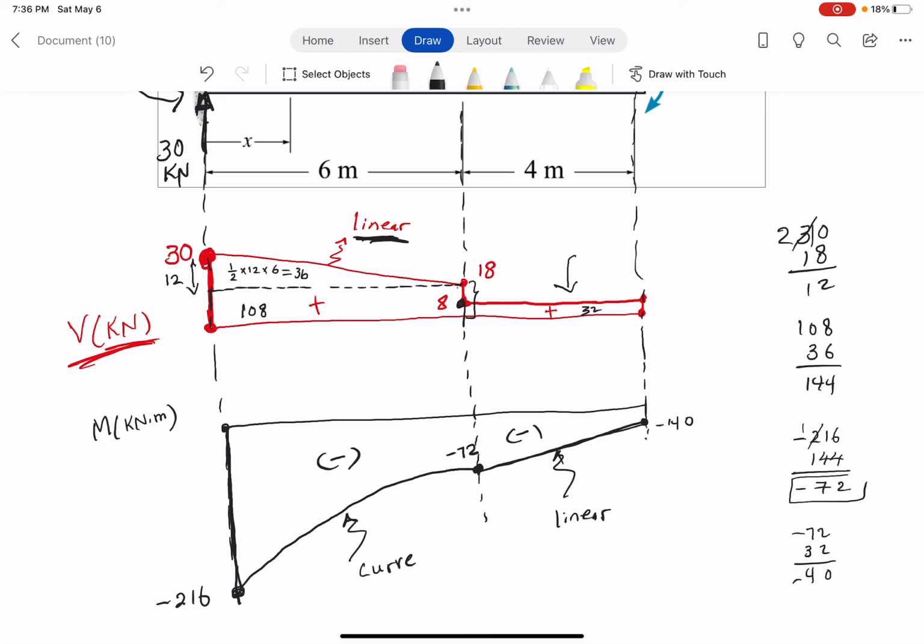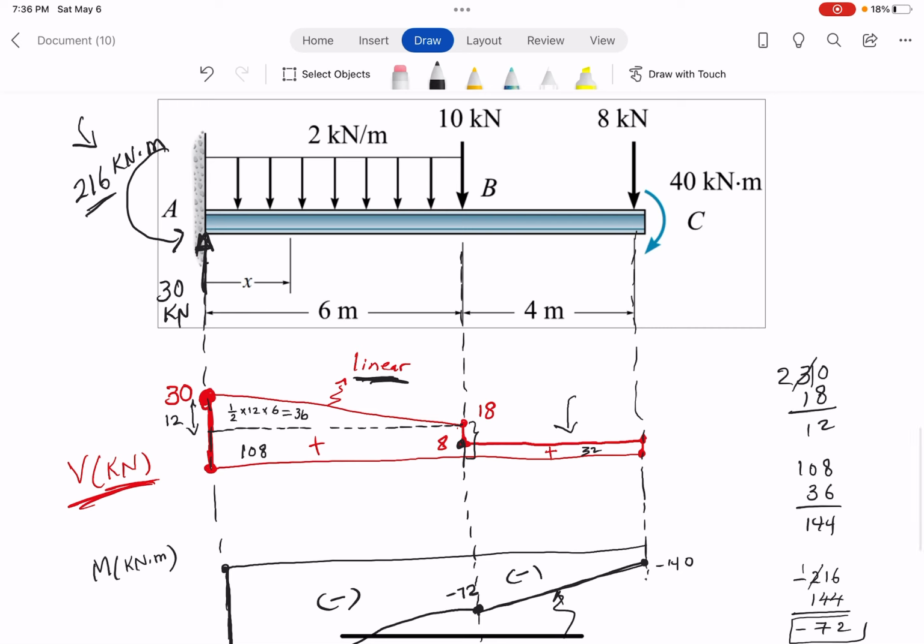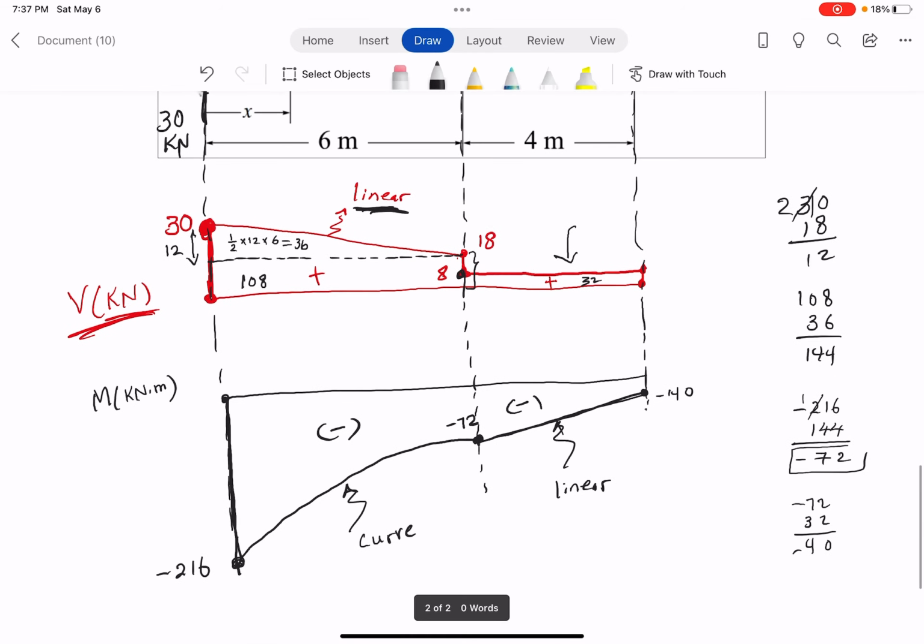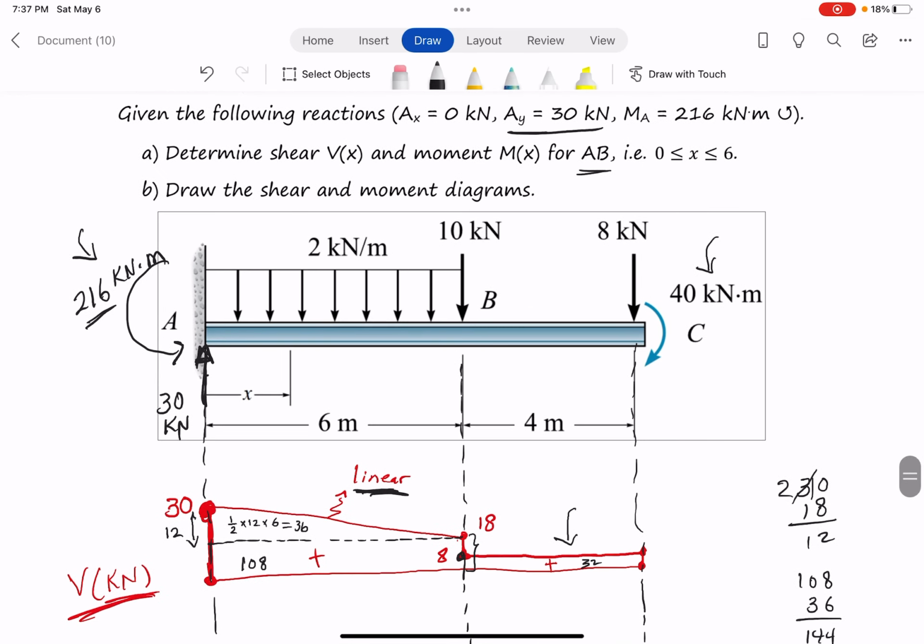Let's look at the moment at here. Look at that, this is clockwise. So a clockwise moment in the moment sign convention is plus. So plus 40 and minus 40, back to 0. This is a nice check. So we drew the shear diagram, we drew the moment diagram, and now let's find out, they need only the equation for the segment